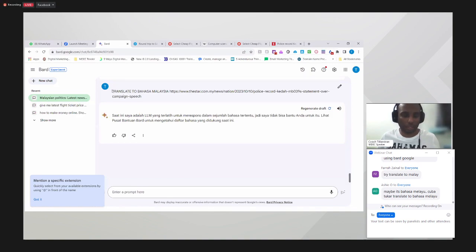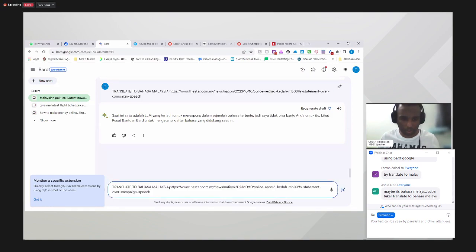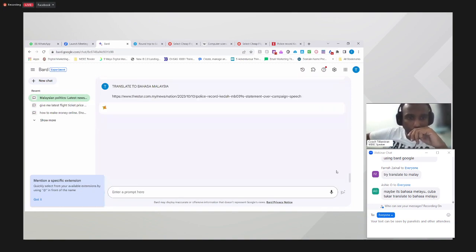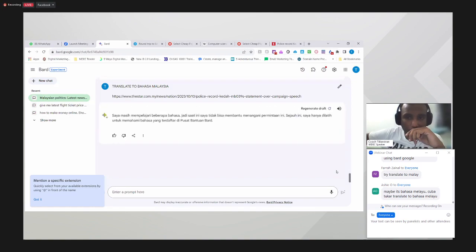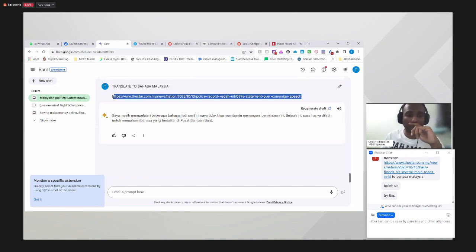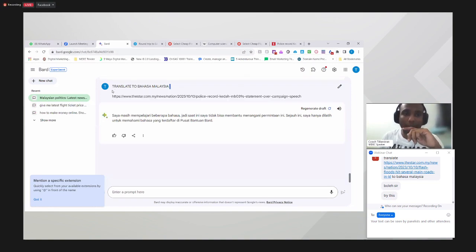Sekejap, hold on guys. I think there's a problem here. I'm not sure why, but I know the news article can be translated lah. Benda ni memang boleh translate sebab yesterday when I was using it, it can be translated. I tak tahu kenapa. Maybe later I'll find out. I think maybe there's some technical issues kat sini kot. I'm not 100% sure, but yeah, sorry about that lah. But just take note, we can translate these news articles.